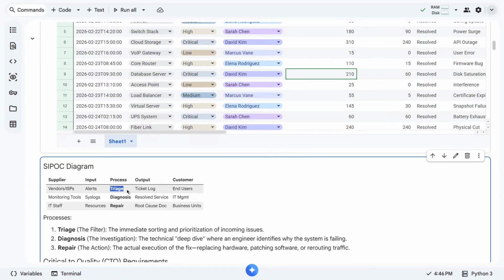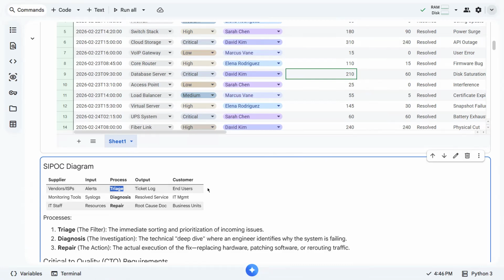The triage process, or the assigning of our severity and assigned engineer, meaning we are creating a ticket log based on the alerts that we get from our vendors or from our ISPs.